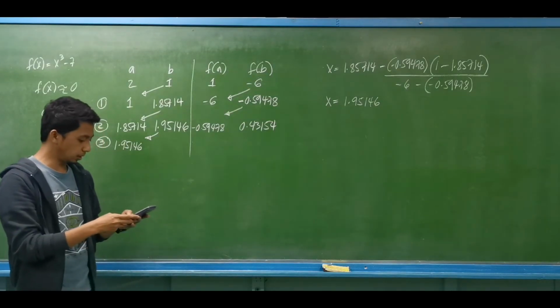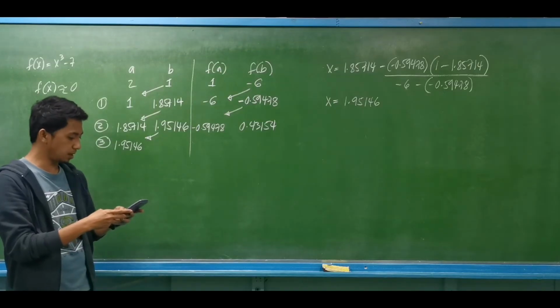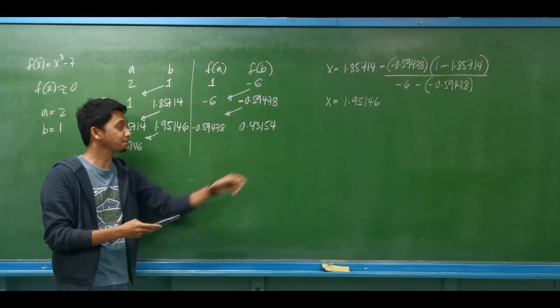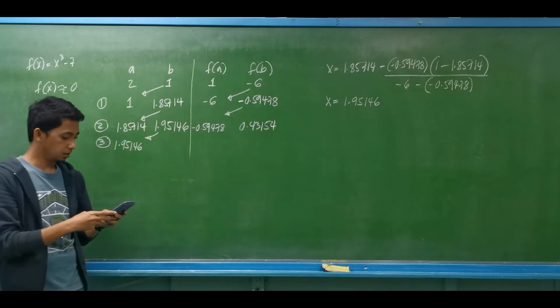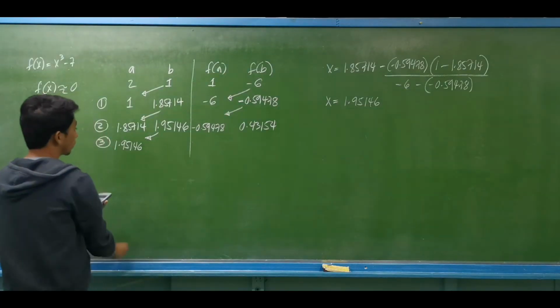F of a is negative 0.59478 minus f of b, that is 0.43154. So this is equal to